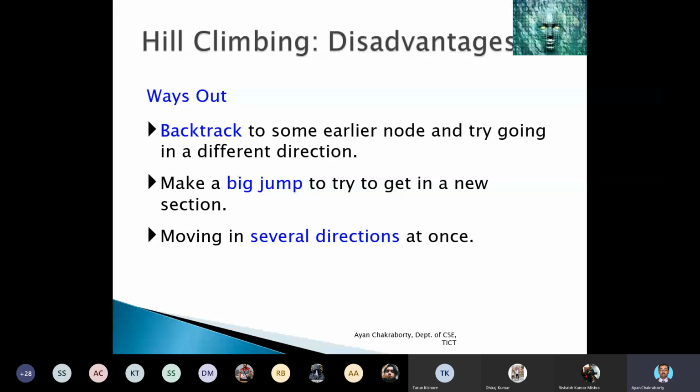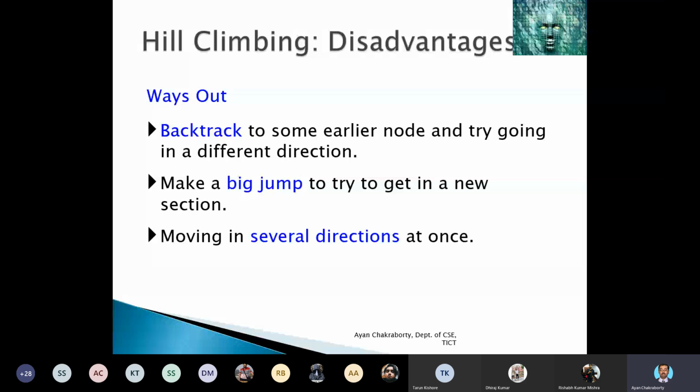These are the possible ways out to overcome these disadvantages of the hill climbing algorithm. The first is backtrack. We can backtrack to the previous most suitable node to try in a different direction, that means to select some new node.